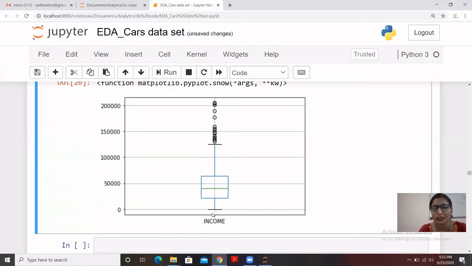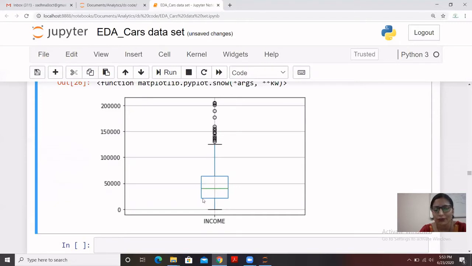So this first part is the minimum, and that is the maximum, and the line in that rectangle, if you see, the first line is the first quartile. What is the first quartile? Quartile means the 25 percentile of your data, or let's say 25% of your data, and that is the median, which is 50% of your data, and that is your upper quartile. Upper quartile is the 75 percentile of your data.